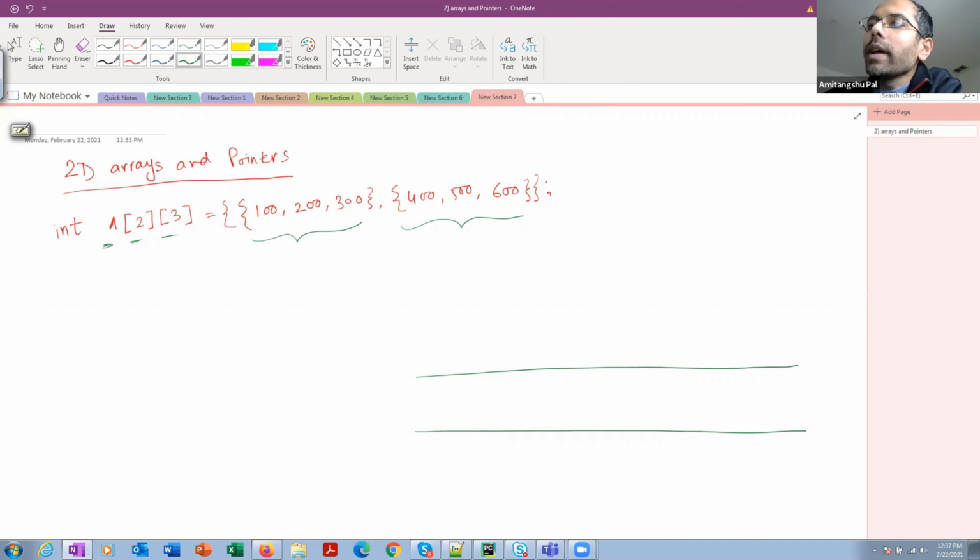It is two one-dimensional arrays A0 and A1, each consisting of 3 integers. If I draw this in the memory space, a total of 24 bytes are going to be allocated: 4, 4, 4, 12, 12 into 2, 24.